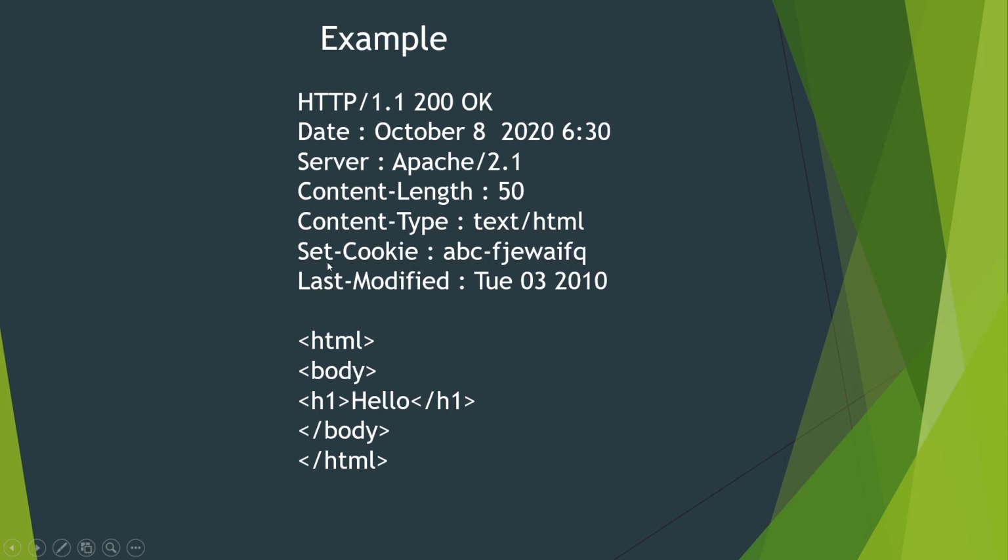The next one is somewhat new to us, that is Set-Cookie. We did not see it in the request. When we request a resource, the Set-Cookie value will be sent in the response. Generally now in 2020 almost even blog sites are using set cookies, because they are used to monitor the user's interaction.